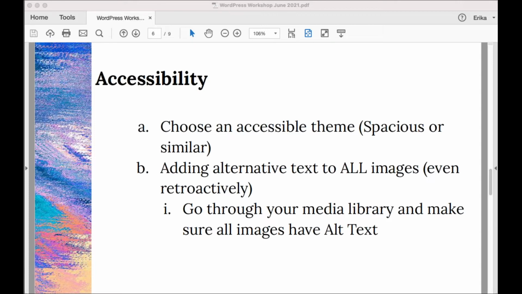Excuse me, Erica. We have our site with the Frontier one. Is that Frontier theme another acceptable theme? So Frontier is an older theme. It's not as accessible as Spacious. It depends on how many columns of content you have on your site. I haven't looked at your site in some time, so